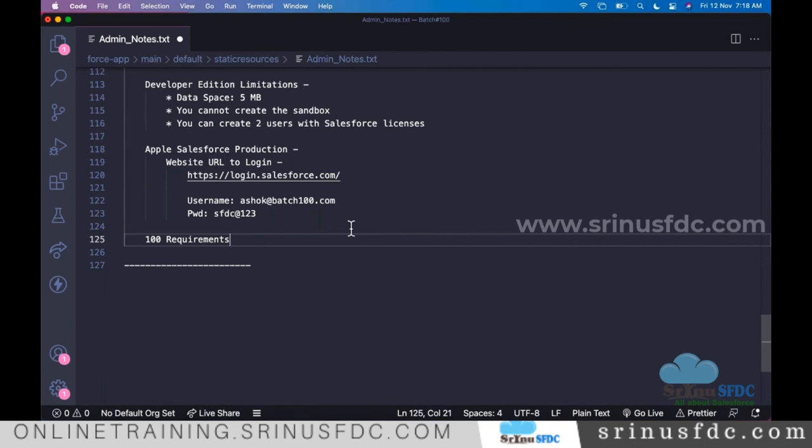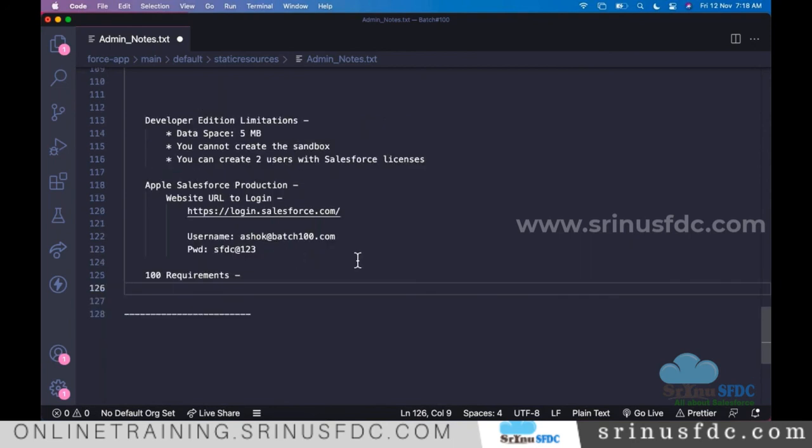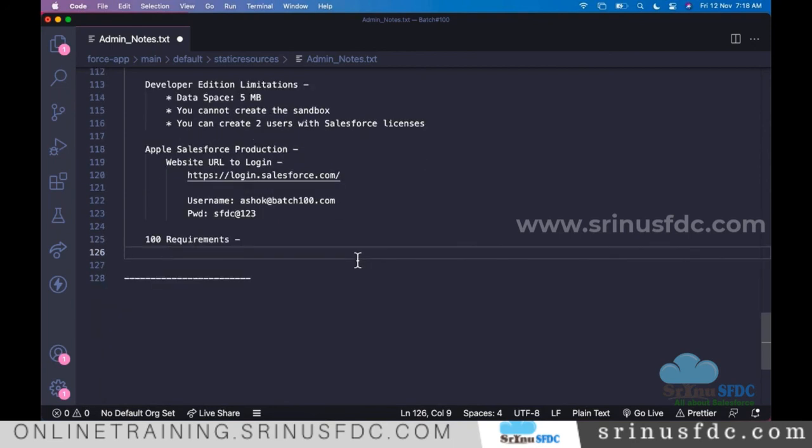Let's say this Apple company doesn't have an IT team, so that company invites some of the software companies in the market for bidding. Now Wipro is one of the companies providing services.